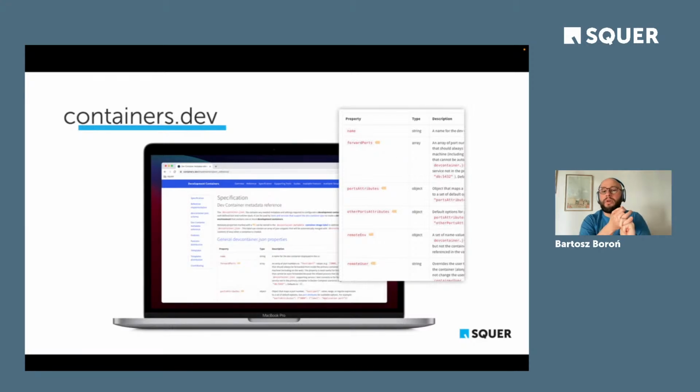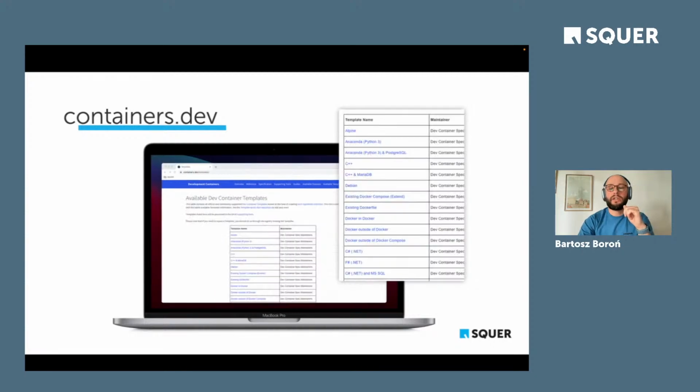containers.dev is the page that describes the dev containers standard. It shows what kind of properties you can set in your configuration file. There is a list of pre-configured, pre-built images you can use, so you don't have to define your host image from scratch.